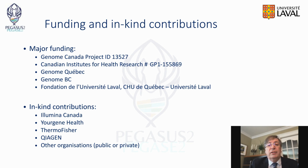This project, as I mentioned, is a very large multi-investigator research program working in the field of prenatal screening using genomics methods. Major funding comes from Genome Canada, Canadian Institutes of Health Research, Genome Québec, Genome BC, Fondation de l'Université Laval, and the CHUQ Québec Université Laval. The project also has in-kind contributions from Illumina Canada, Eurogene Health, Thermo Fisher, QIAGEN, and other organizations, either